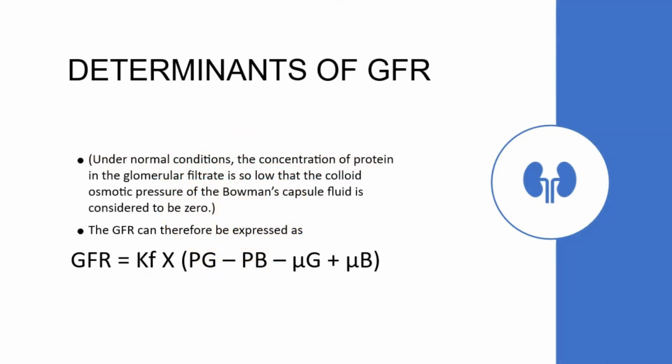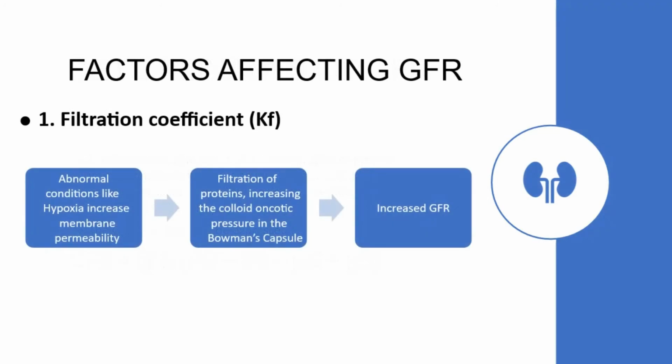As we can see in this equation, the glomerular filtration rate is expressed as the product of the filtration coefficient Kf and the net filtration pressure. We have calculated the net filtration pressure as 10 mm mercury, and the value of Kf is 12.5 ml per minute per mm mercury under normal physiological conditions. The product of these two values gives the well-known value of 125 ml per minute, which we associate with the glomerular filtration rate.